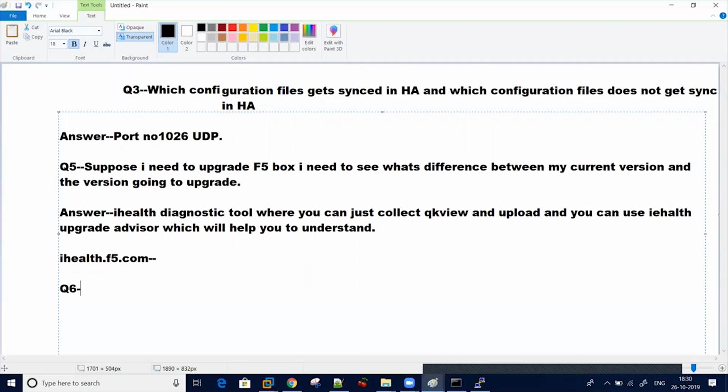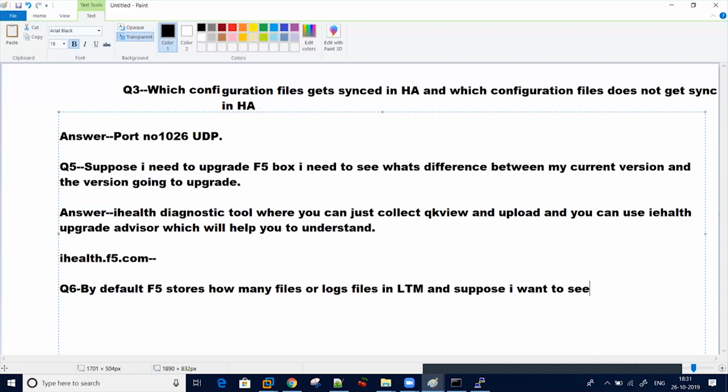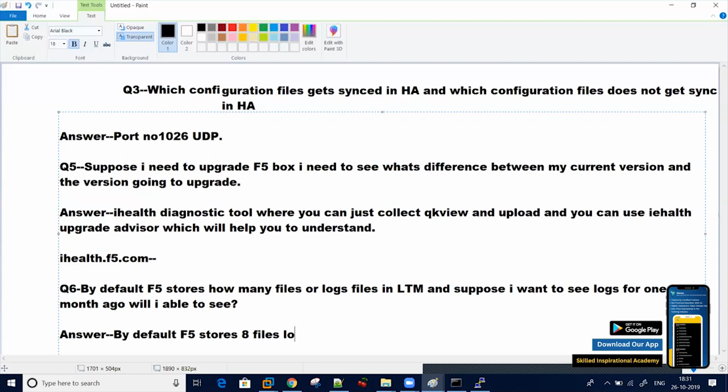Another question which is generally asked is, by default, how many files or log files does F5 store in LTM? And suppose I want to see logs from 1 month ago, will I be able to see them? So the answer for this is no. By default, F5 stores 8 log files,